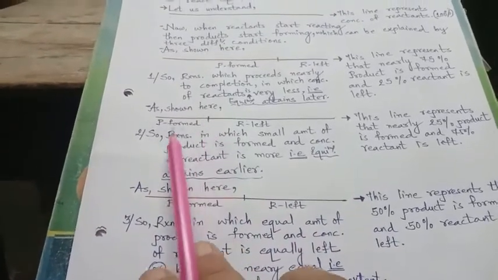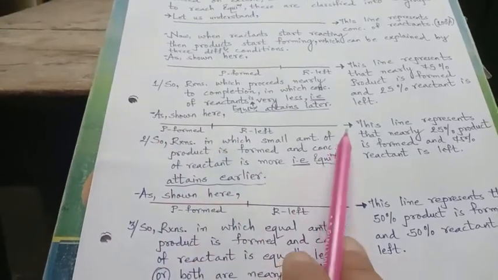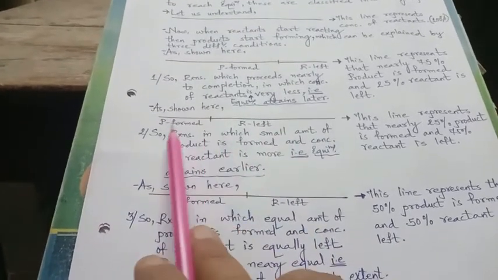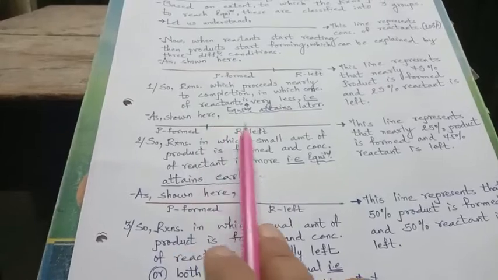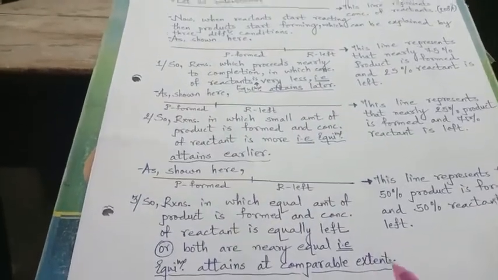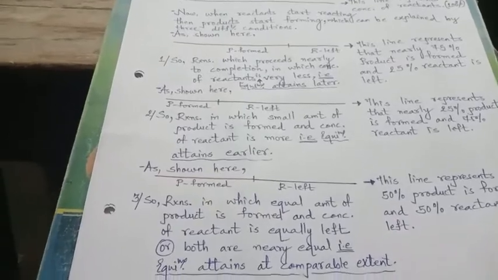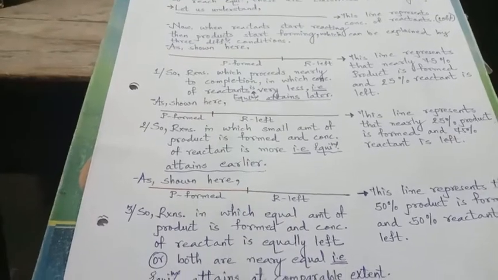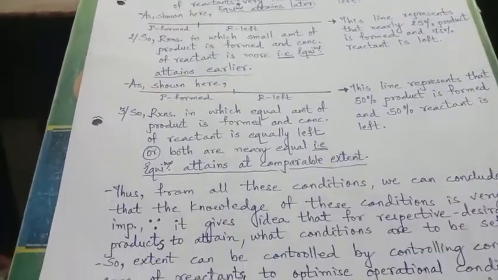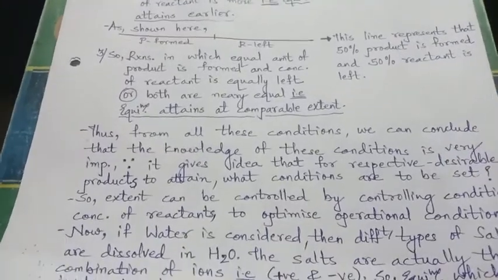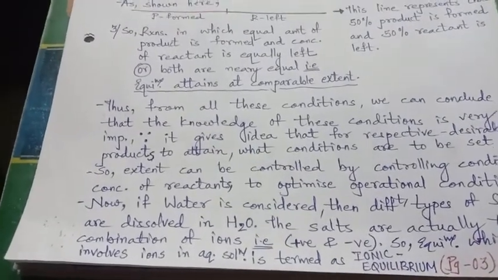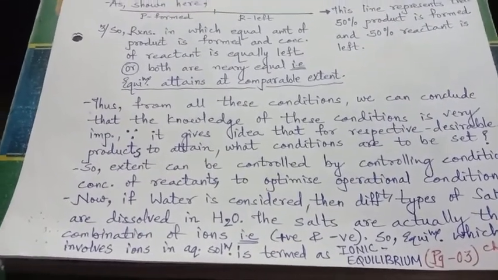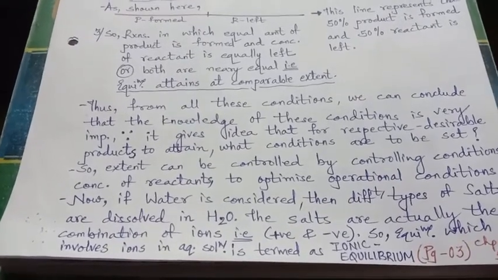That means a small amount of the product is formed and a large amount of reactant remains unreacted, or left out. So very little rusting will take place on the iron plate, and the rest of the iron plate will remain as it is. So this is how we can get a good quality of the desirable product by optimizing the conditions, right? And so it is said that conditions are necessary to be known, and only then can we set the conditions to attain the proper equilibrium.